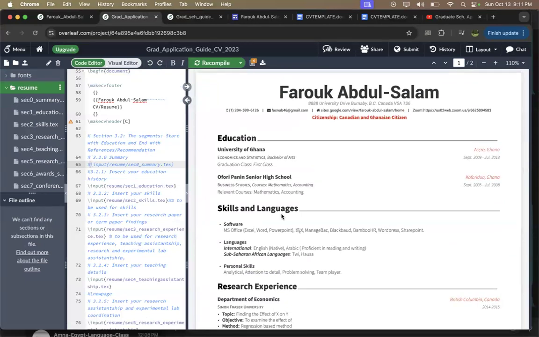So let's delve deeper into what we have for today. This is going to be the start of your CV. The very first section of your CV is more or less like your header, right? Your name, which is very important. If there is a needed address that you want to attach, you can add it. If you don't have any address to add, that's okay as well. Then your number, if you think giving that information might help, feel free to do so. Your email address, if you have any, feel free to write it there.